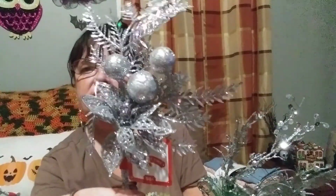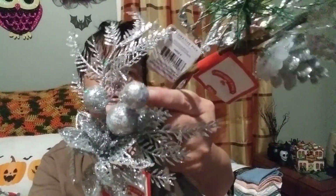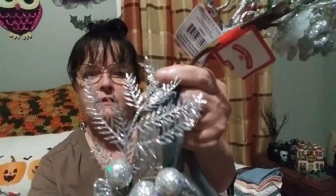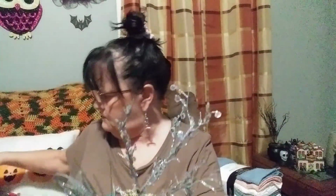And then there's this one with little balls on them, like the scatter balls or the vase filler ones that you see. Three of them, and it's leaves, and it has some shiny glitter on it. And they have a lot of these. They start out at 98 cents, and then they go up to